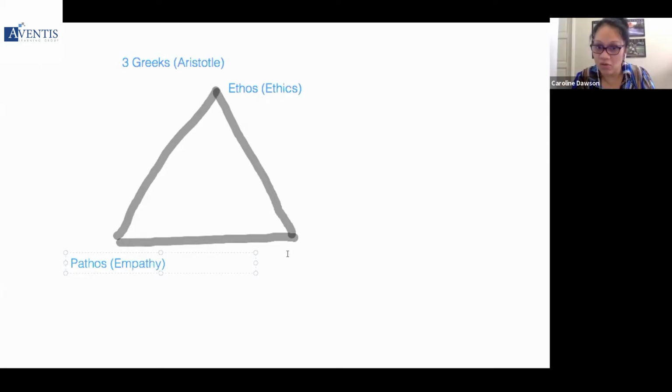Now, the last Greek is logos. It starts with the letter L. So what is logos? All right, let's see if some of you have shared. Yeah, you're right, logic. Some of you know this is a very popular framework. Now, I'm going to assume that all of you are content experts. You're good at what you do. You have this information on hand. You're the go-to person if I need any information.